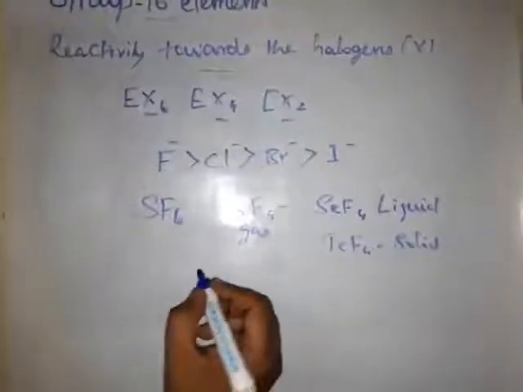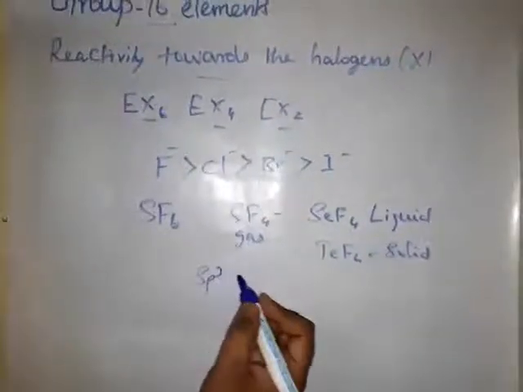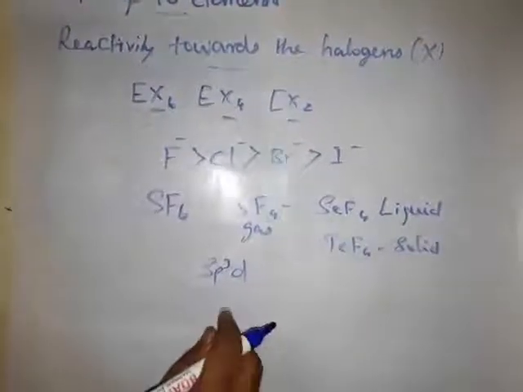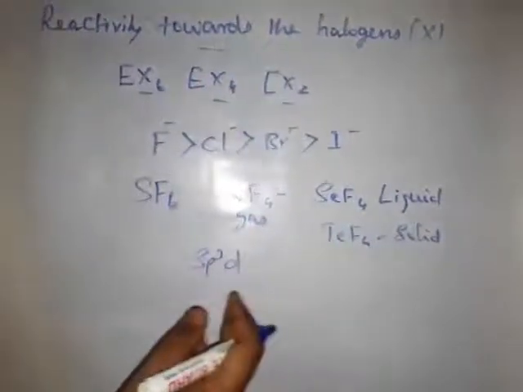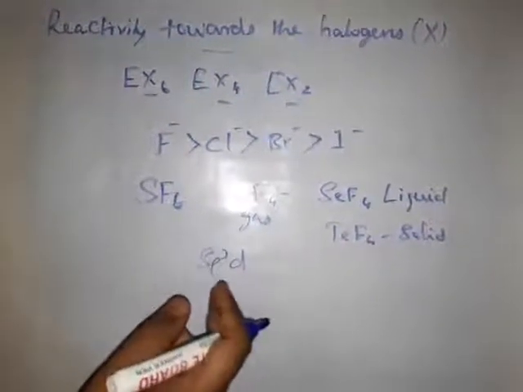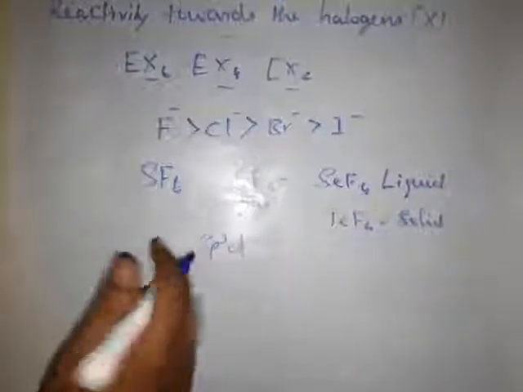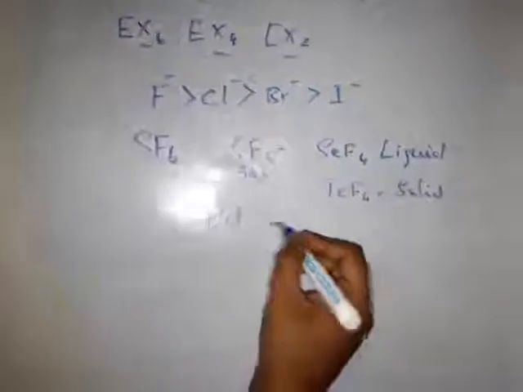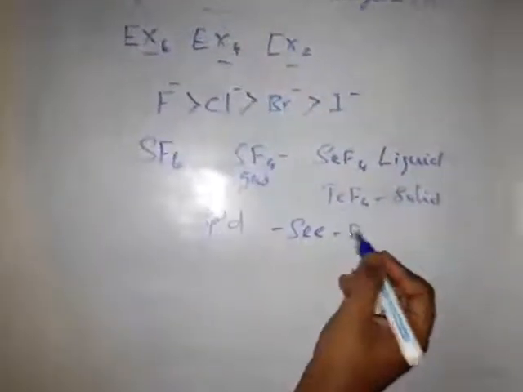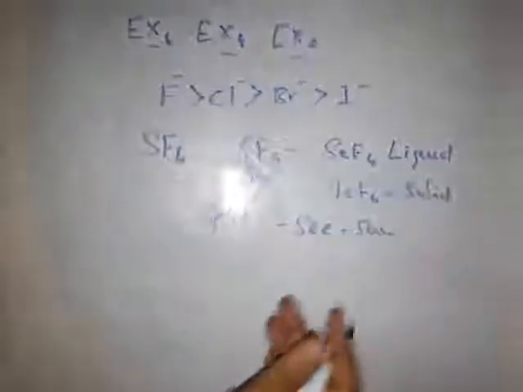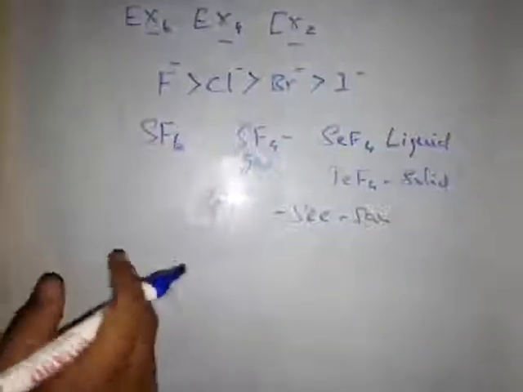They have sp3 hybridization, and the geometry is trigonal bipyramidal, with one equatorial position having one lone pair of electrons. So this is called a seesaw structure, a seesaw geometrical arrangement.